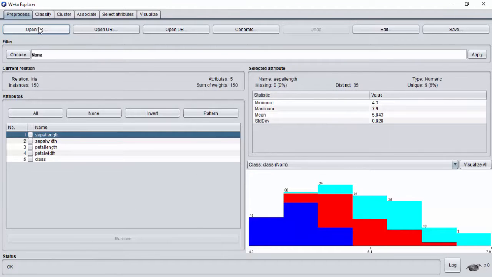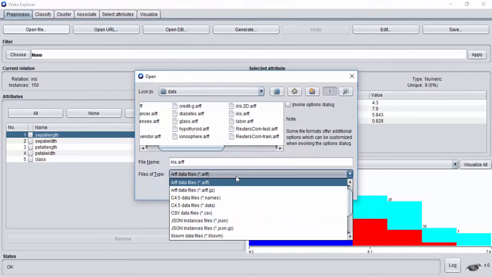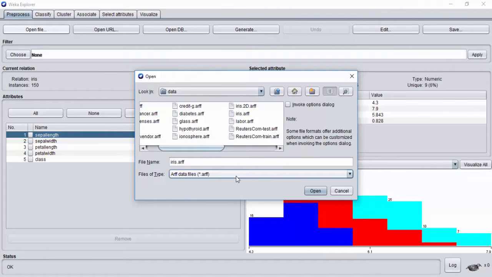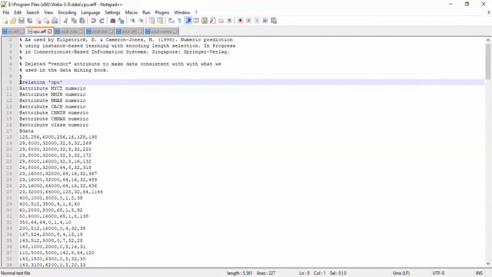What is ARFF? Here, when I'm trying to open a data set, we can see that the primary file type that Weka supports is ARFF. But what is ARFF? Here in Notepad++, I opened some ARFF files. The ARFF file type consists of two different sections. In its header,